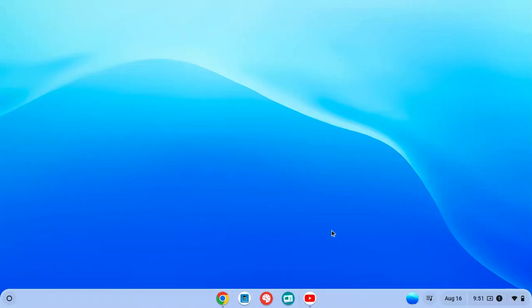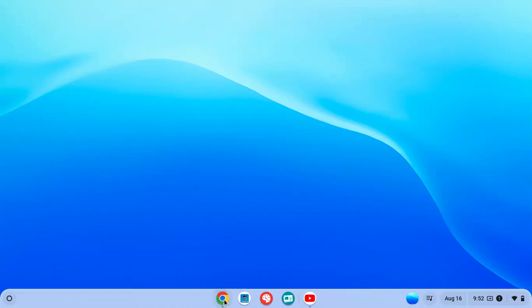In this video, we're going to look at the shelf. The shelf is this area down along the bottom of your screen, and it's basically an area that holds the apps that you're currently using or apps that you've pinned to the shelf. There's also an area over to the right here called the tray, which we'll talk about a little more in another video. But basically, you've got some apps here that have already been pushed by the IT department, and you